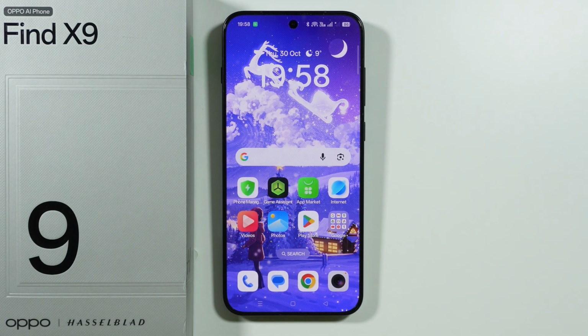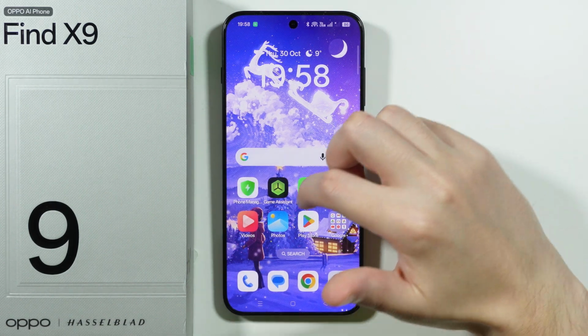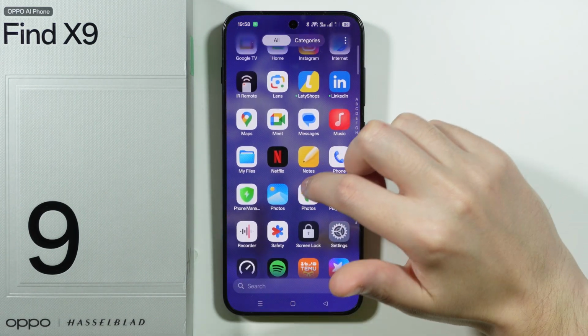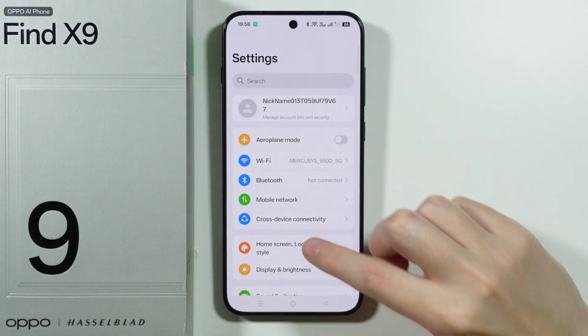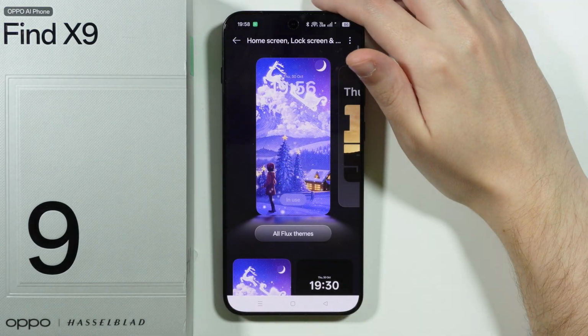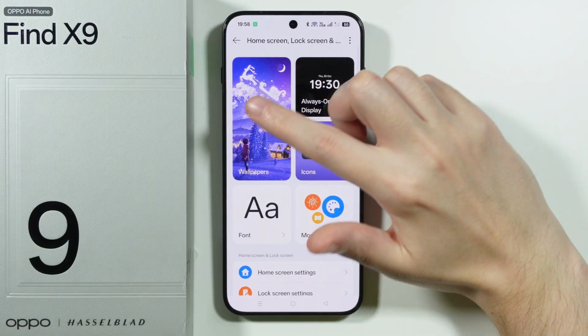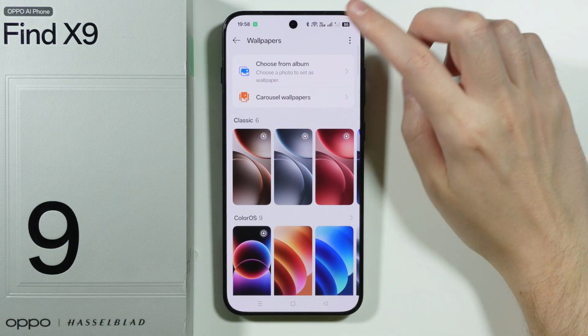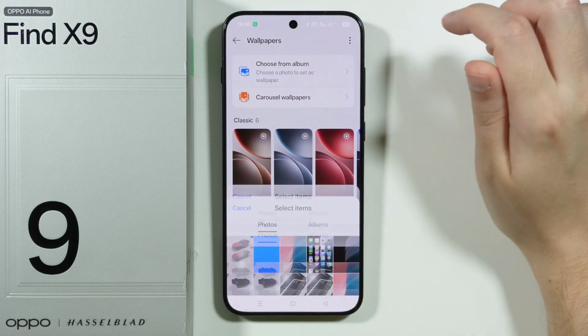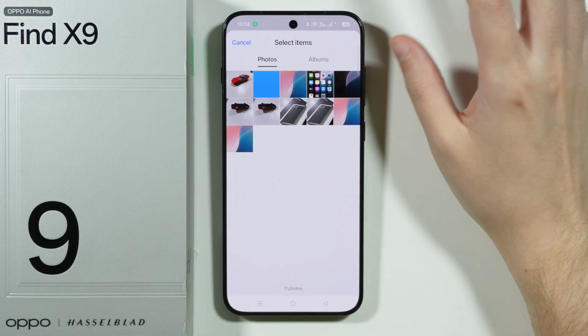In order to set a photo as a wallpaper on OPPO Find X9, first of all we need to go to Settings. Now go to Home Screen, Lock Screen and Style, and then we're gonna scroll up over here in order to find the Wallpapers option. At the top, go to the Choose From Album,